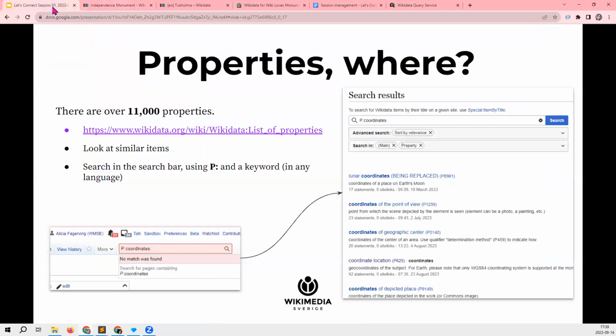The properties that are available are really quite a lot of them. There are right now over 11,000 properties. You can find a whole list on the list of properties help page, but obviously you don't have to learn all of them, because if you just work in one thematic area like buildings or people or artworks, then you will only need a rather small subset,